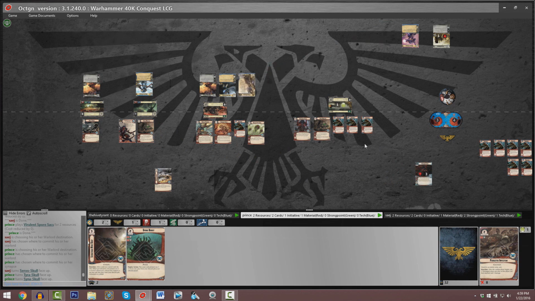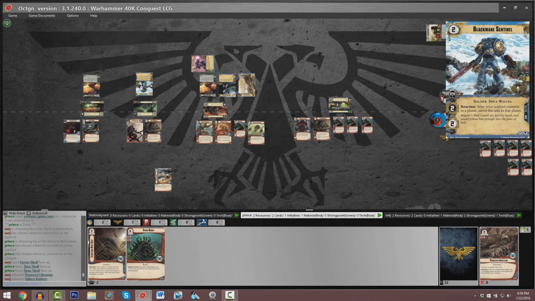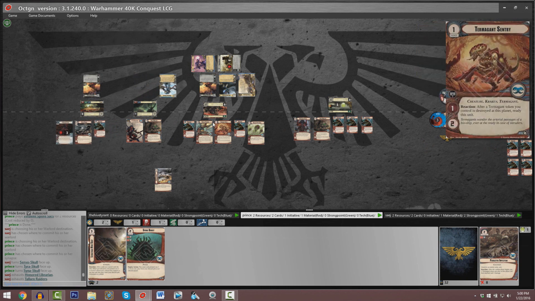Both of our players have decided where exactly they want to send their warlords. The Swarmlord shows up at planet number 2 to try to kill off this copy of Ragnar's signature army unit, but I can only imagine that the Blackmane Sentinel is going to relocate away from planet number 3 to planet number 2, although then it's going to get caught up in this Virulent Spore Sacs explosion, and things are actually looking a little bit grimmer than I may have expected them to for our Tyranid player,